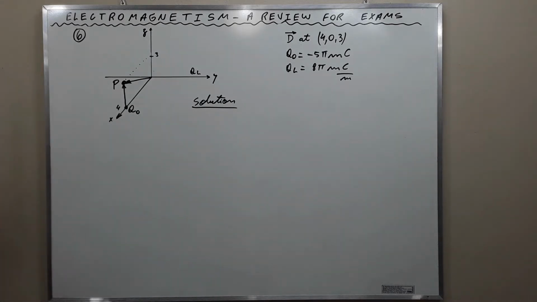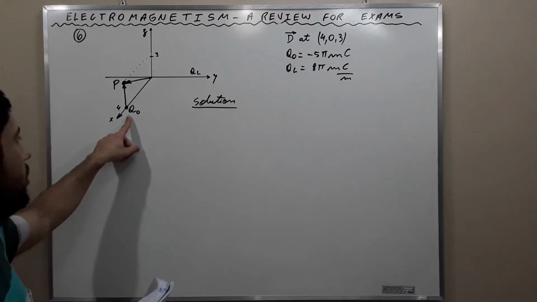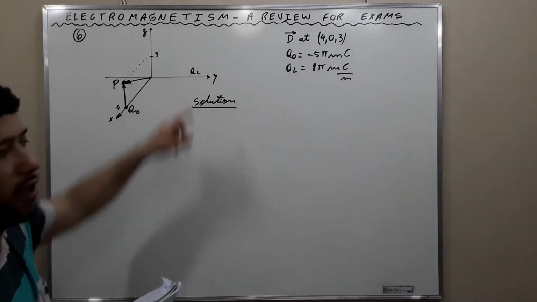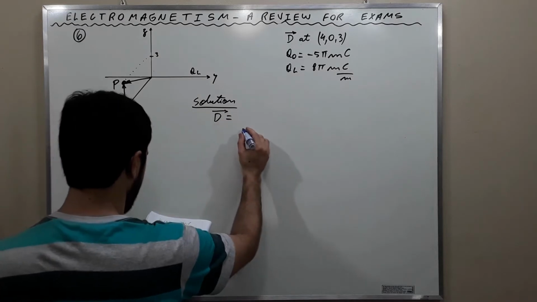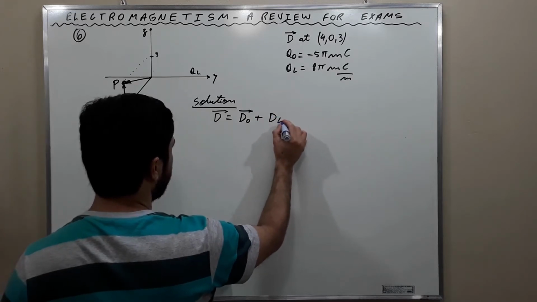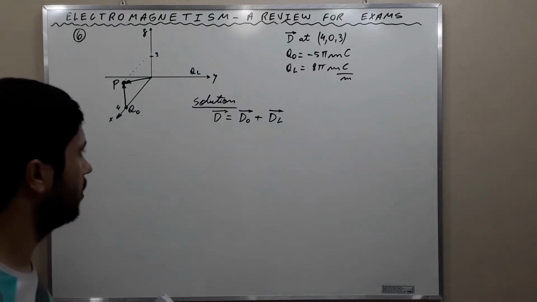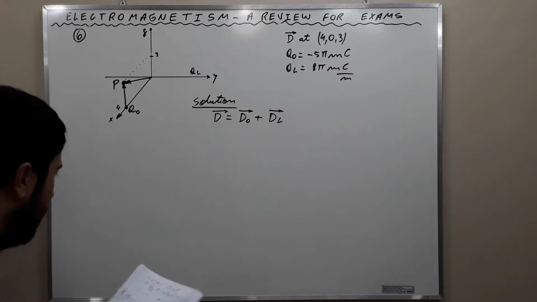The flux density at P will be the sum of both contributions, the contributions of Q0, which represents the point charge, and the QL, which represents the line charge. So D will be equal to D0 plus DL. Okay? Let's calculate each, and then finally we are going to sum them. For the point charge,